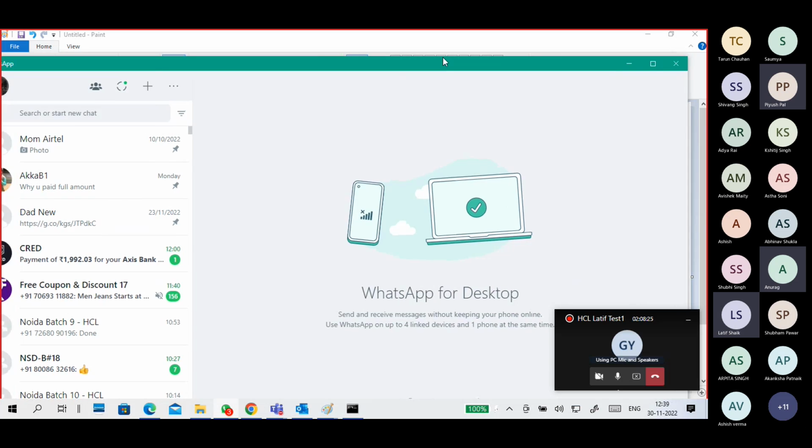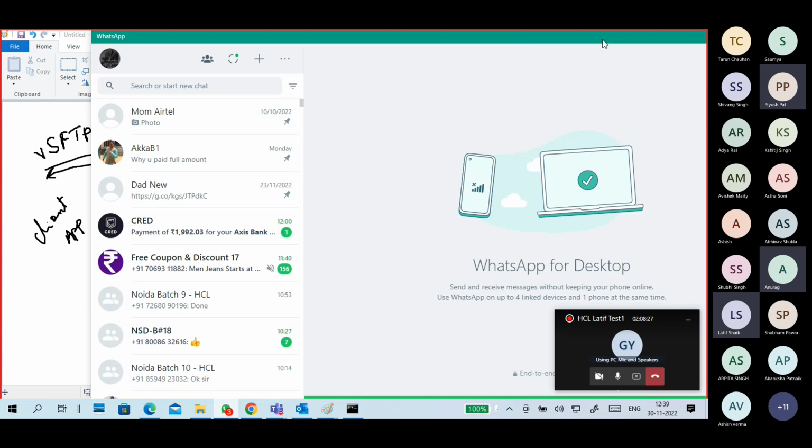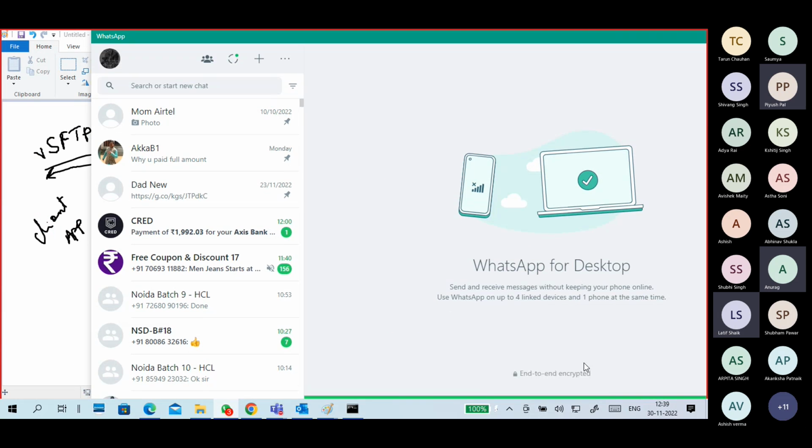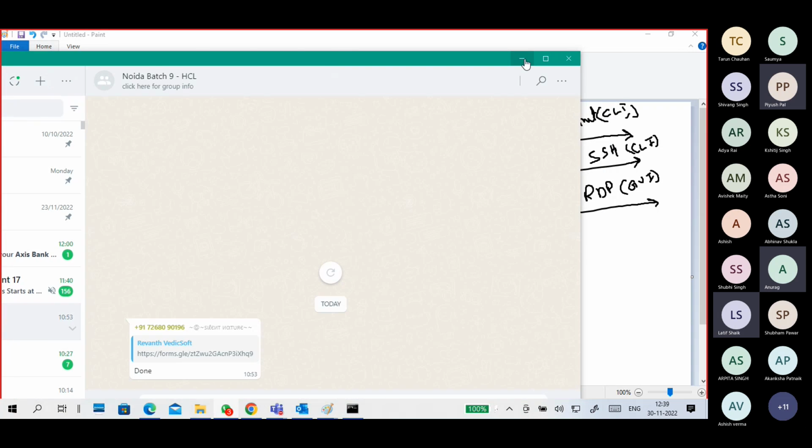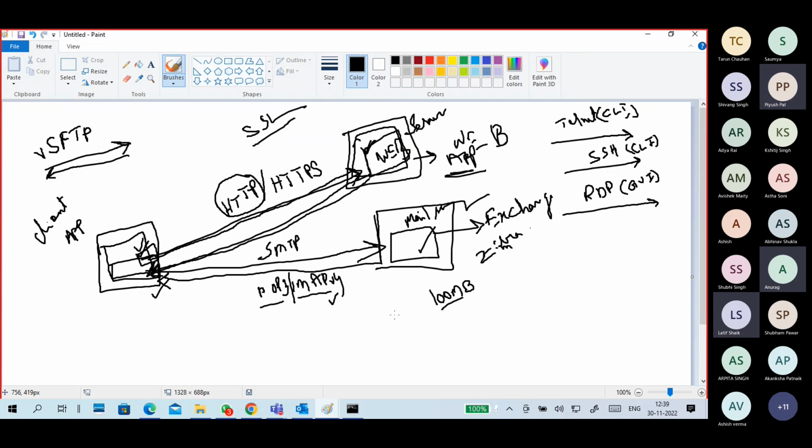Capture data. If you see WhatsApp, it also says end-to-end encryption, right? What does that mean? You can see the data on your PC, and the end user is also able to see the data, right? But in between, what happened? The data is encrypted. So if anyone is capturing your data or trying to steal your data, they can't understand it because of